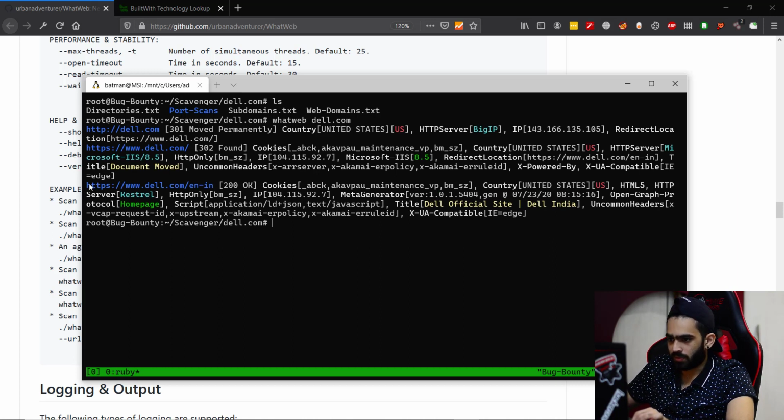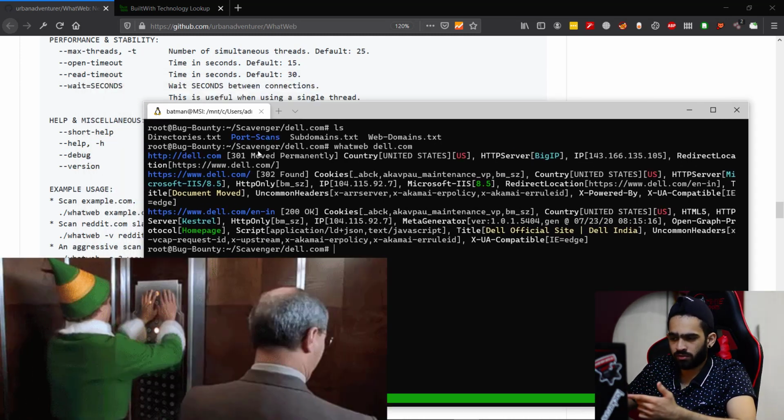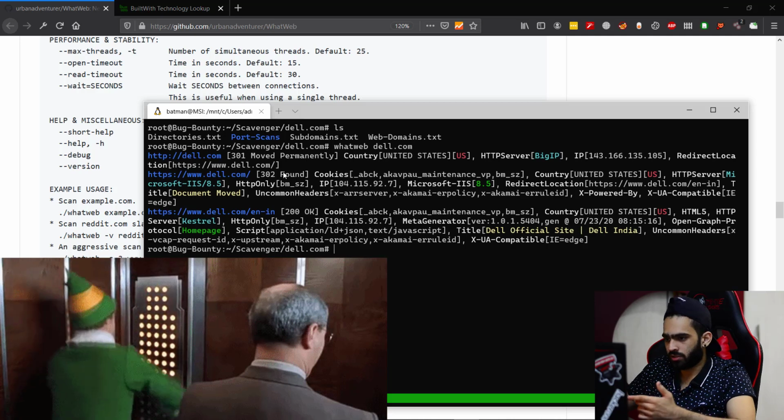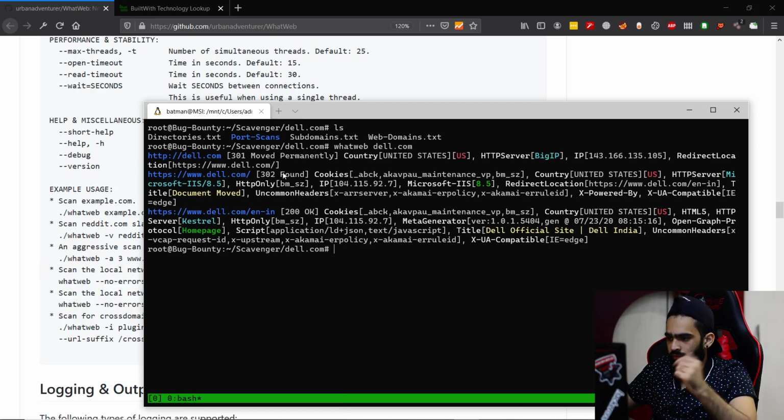There might be a redirect. See, by default it will follow any 301 or 302 redirects until it finds the 200 OK or any 403 or 401 error. Until then it will try to dig into or follow the redirects up to a certain point, and you can play around with all the switches for the tool. You can find it in the GitHub repository.